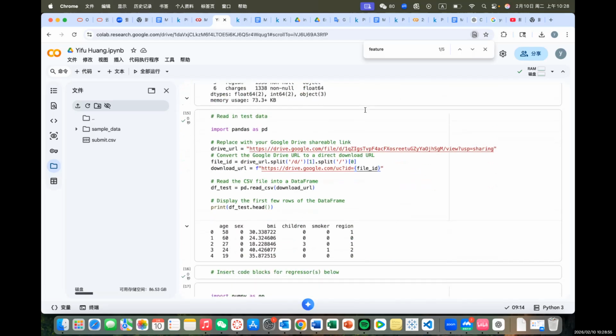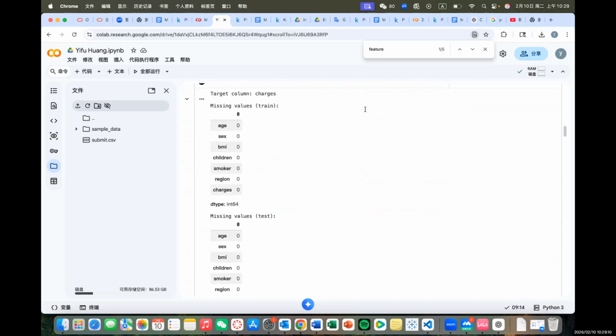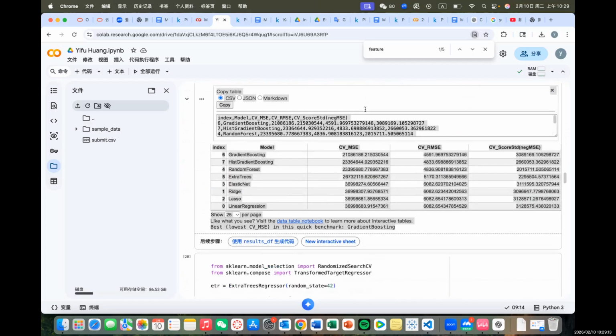Then I tried several regression models and compared them using five-fold cross-validation with MSE as the main metric in my benchmark results. The best cross-validation performance came from gradient boosting, with a CV RMSE of 4,592. Other models like random forest are slightly worse, with CV RMSE around 4,834 to